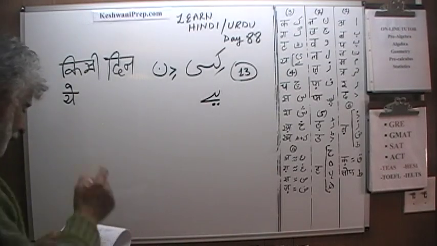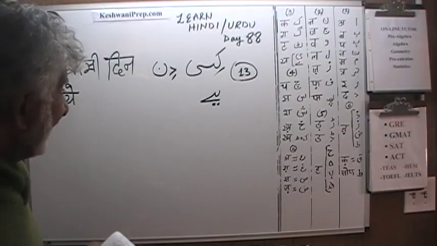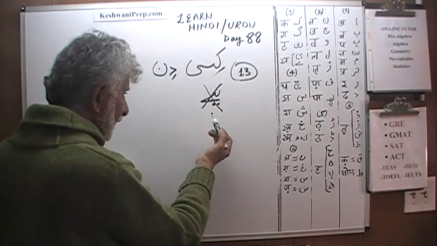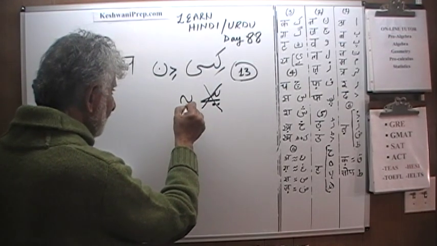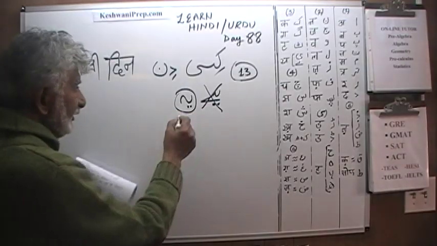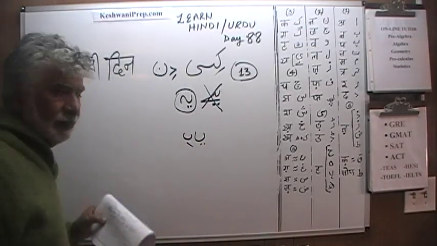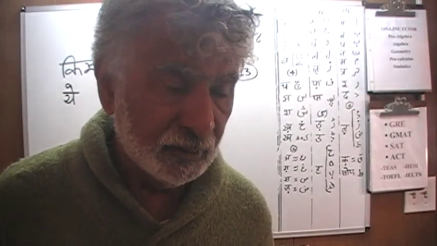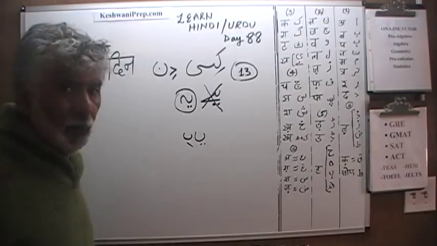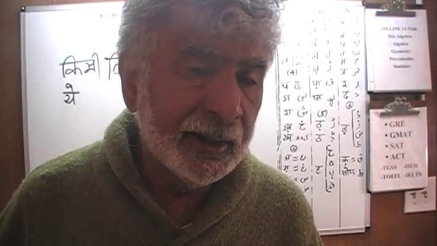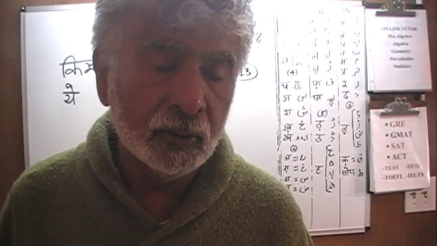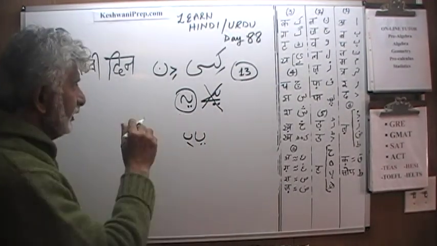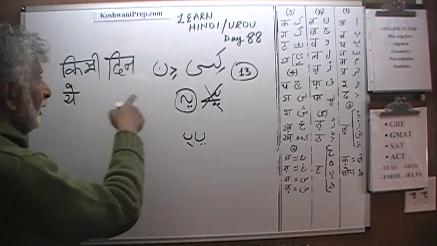It is ye in Hindi, but that's not how we write it in Urdu. In Urdu, this is one of the eccentricities: even though it is a ye, and the person who sees it will pronounce it as ye, it's actually spelled with a ye and a he. The reader has to know that it is not a ya, because this he is also used when a letter appears at the very end and requires an a ki matra, which we just saw. But it's also used as an e ki matra. And it's not going to take this step, it's going to take this step. And this is read as ye, like this. Kisi din ye